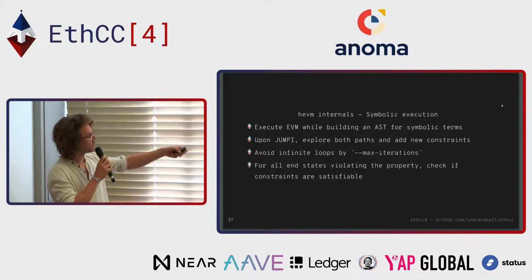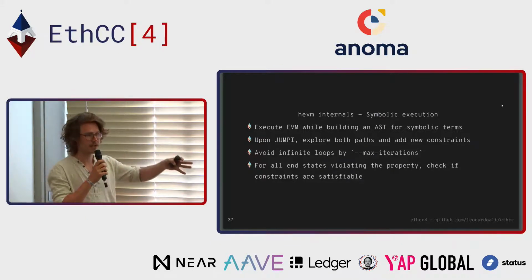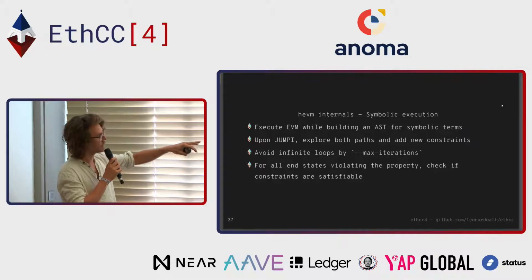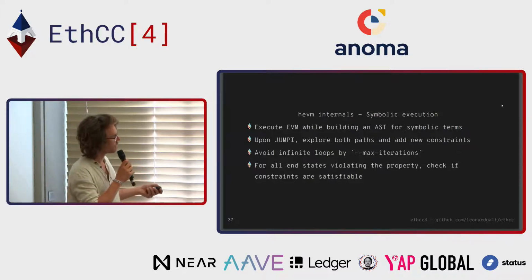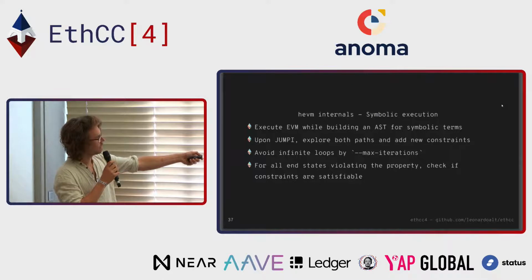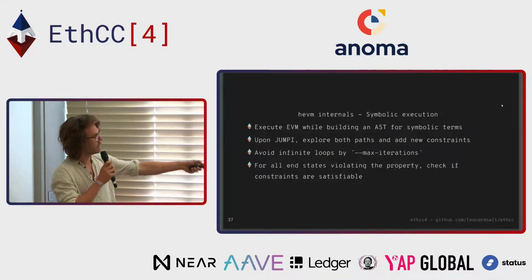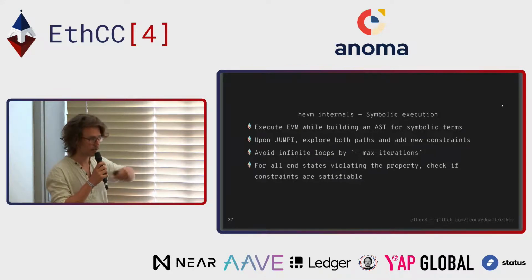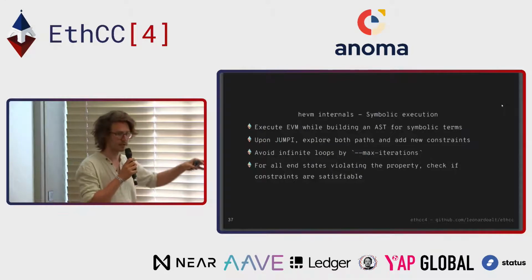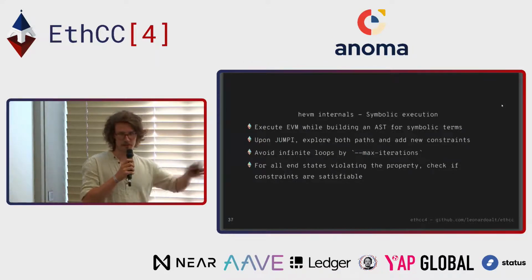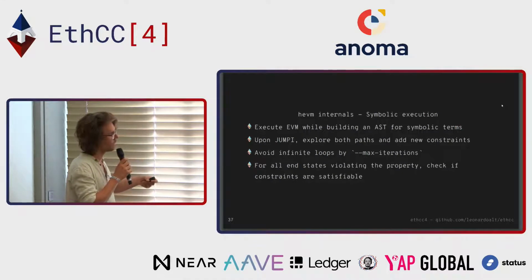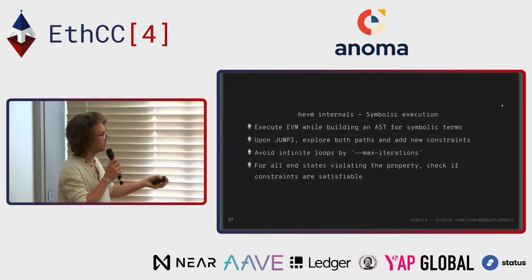And as we're doing this, there may be branching points. On the EVM level, the branching points are when you see the JUMPI instruction. And actually, we're doing an eager algorithm here where we don't actually consult the SMT solver for which path is reachable. We just explore both of them. And then at the end,